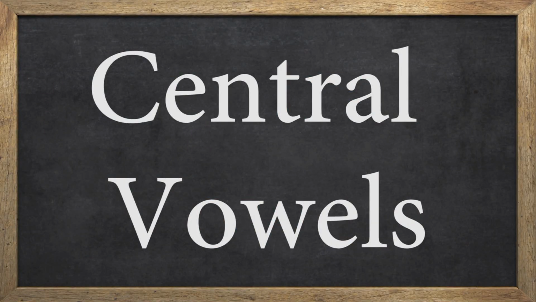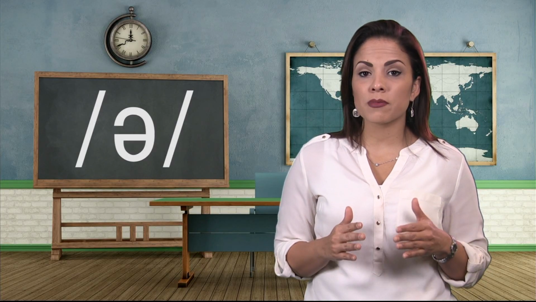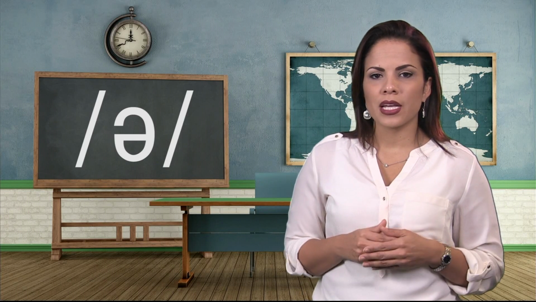Let's learn about central vowels. These sounds take place in the center of your mouth. The next sound is a very common sound in English because it takes place in many unstressed syllables. The sound is called schwa, and it sounds like